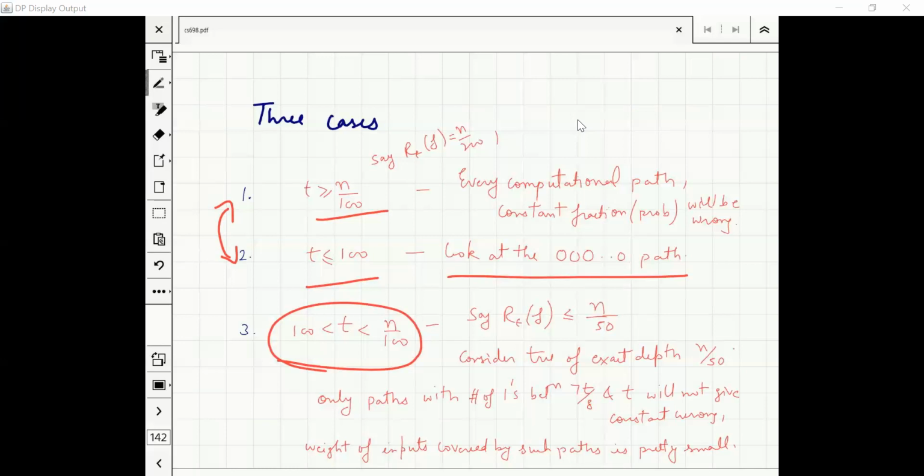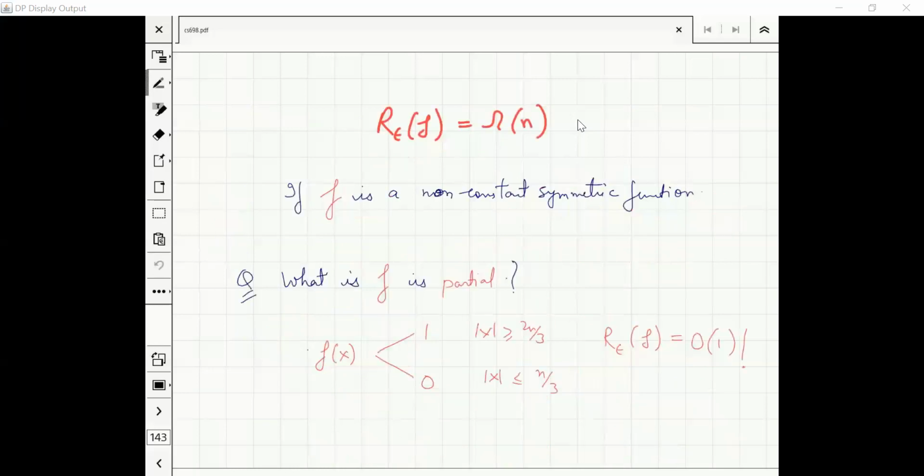But I understand this has many things which go into deeper constant calculations, and figuring out these constants is not important. But if you sit down and work for a long time, you can make all these arguments work. I'm not saying that you will understand everything now, but this should sound believable. If you want to take some time, try it. And if you're stuck, I would be happy to help. But this argument will prove that your query complexity R_epsilon(f) is omega of n for a non-constant C.